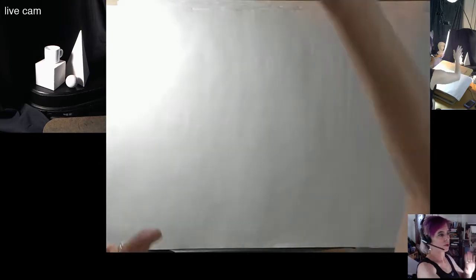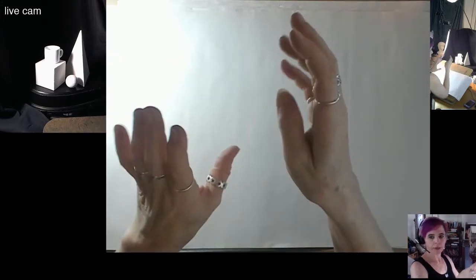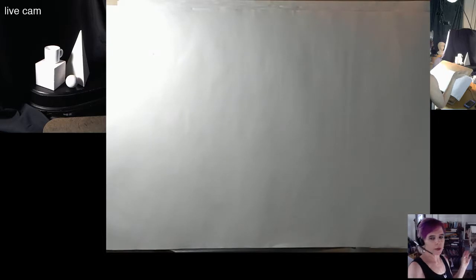You can see right there my background is dark. I try to make dark space behind. If you have a bunch of noise behind the,